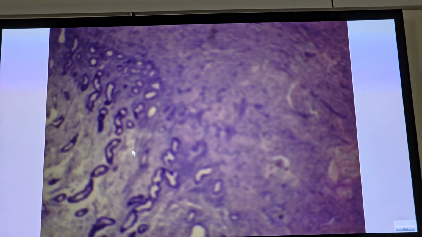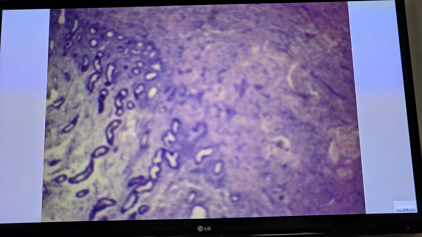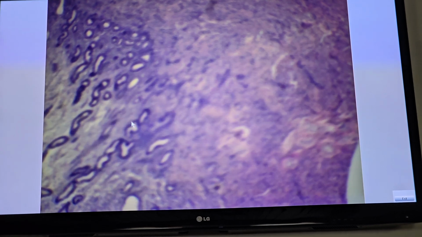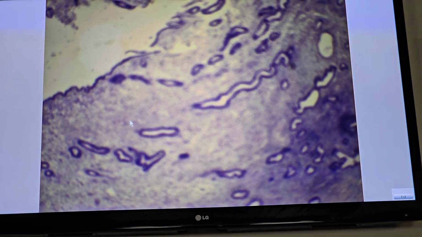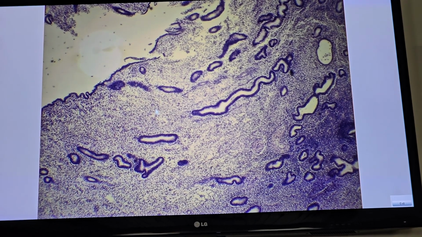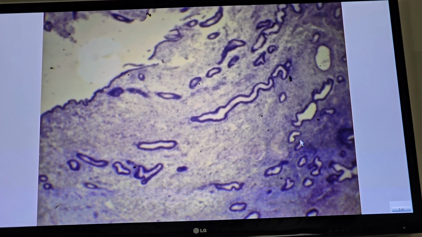Slide a section in the uterus. The uterus has four regions: body, fundus, isthmus, and the cervix. The wall of the uterus has three major layers. Inner layer called endometrium. This is endometrium